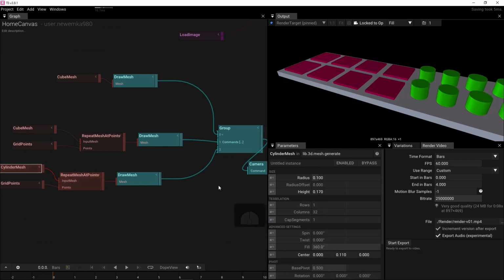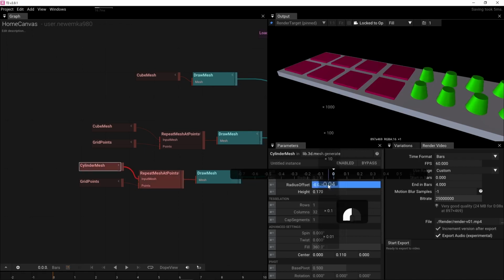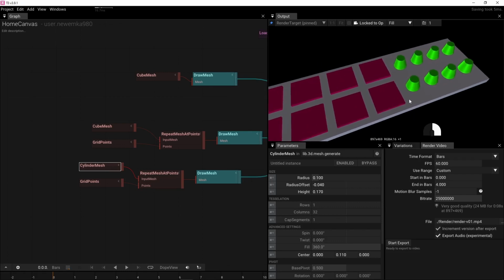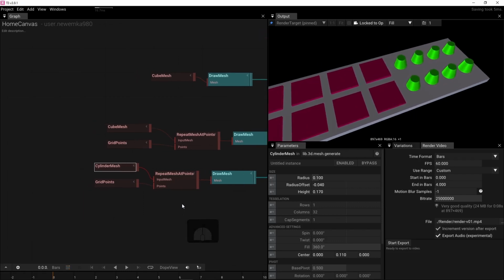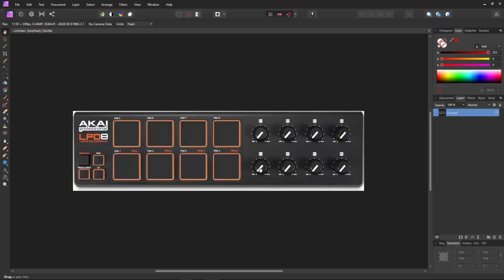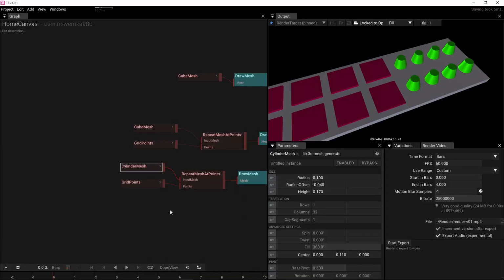Whatever. It's better if we have some radius offset like this. And I could also add this thing. So let's add this. Or maybe,